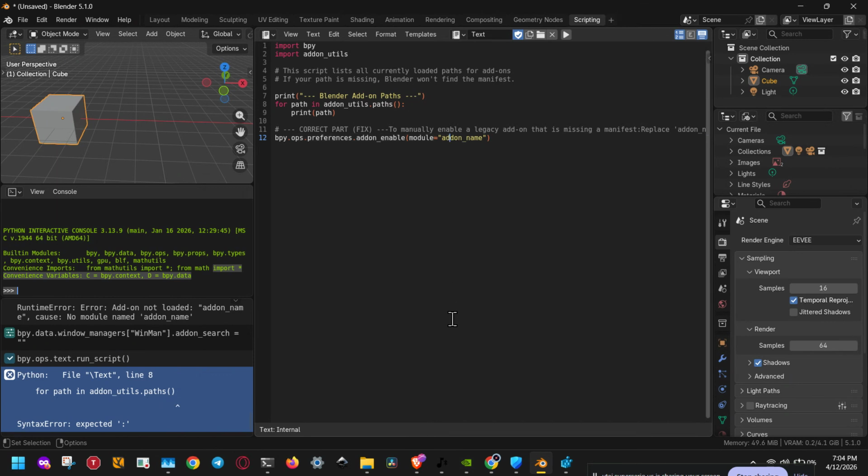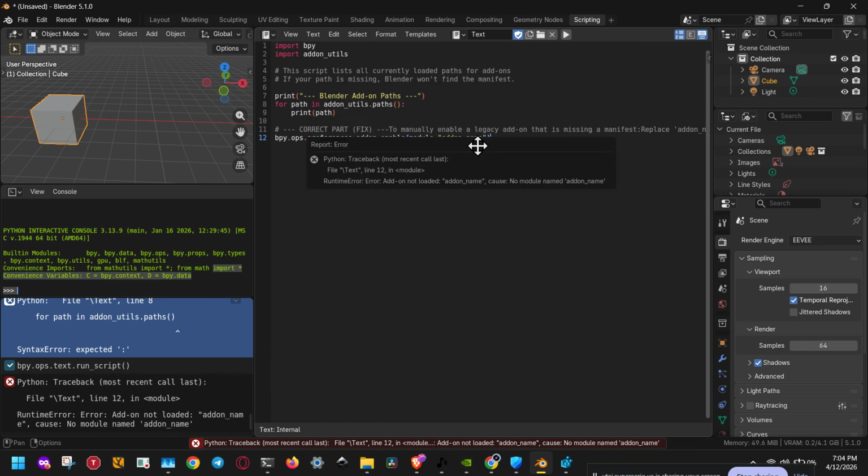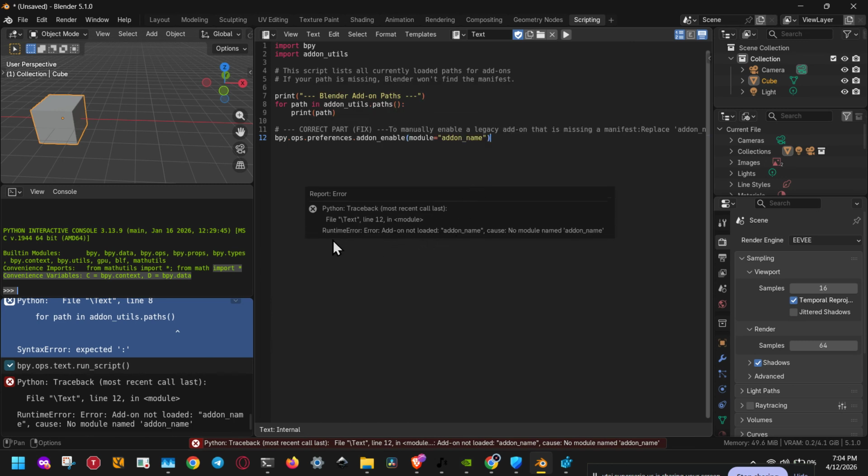Once you identify the mistake, correct it in the text editor, then run the script again in the console or by using the script execution option in Blender. If the error disappears, you fixed it. If not, go back to the next line shown in the console and repeat the process. The key is to be patient and check the exact error message because Blender is usually telling you where the